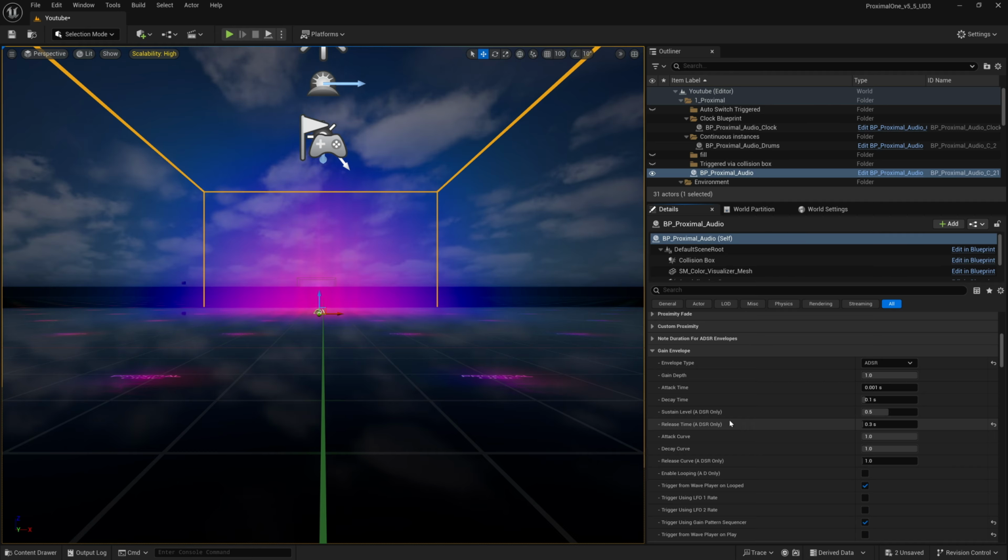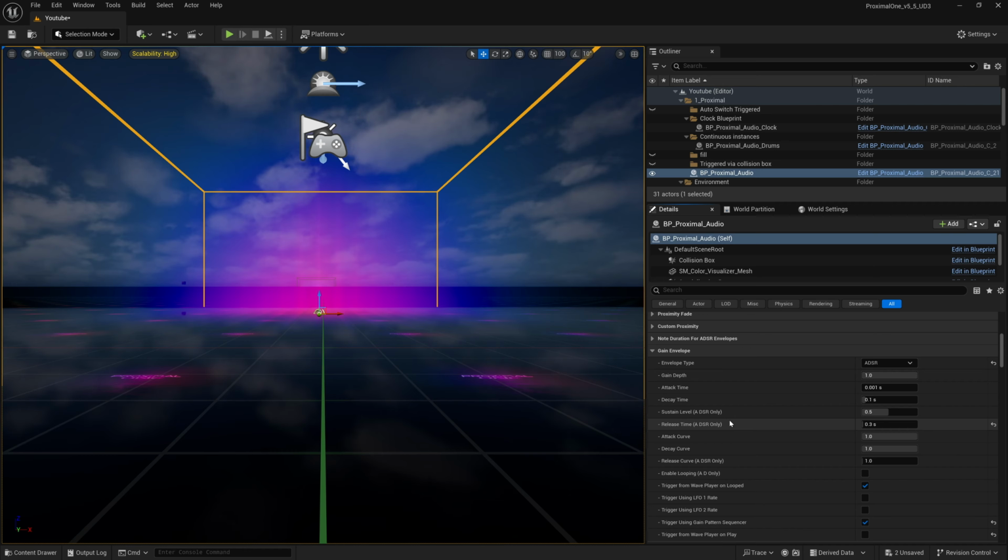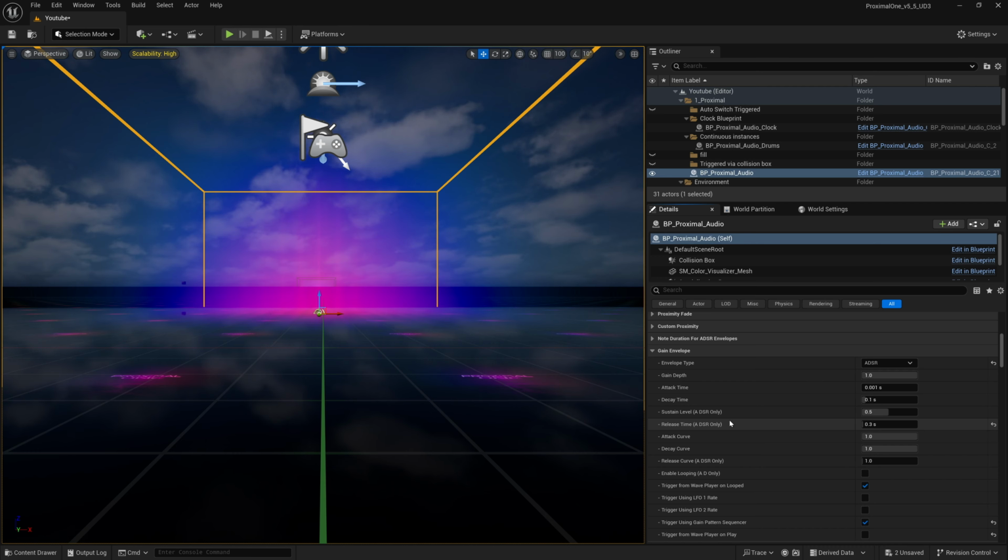ADSR requires a MIDI note off, which we don't have because we're not using MIDI, but we're calculating a note off position by using a delay from the initial trigger of the note,